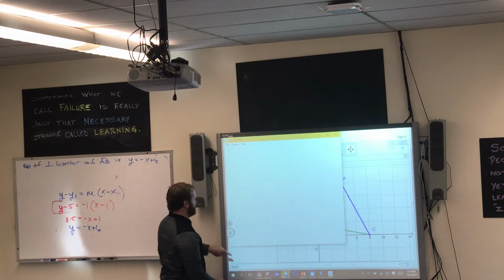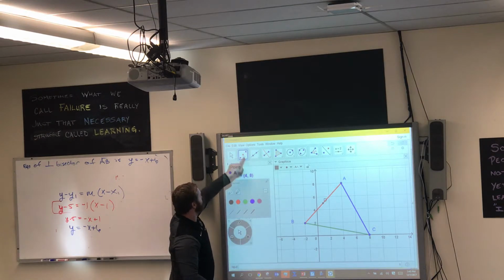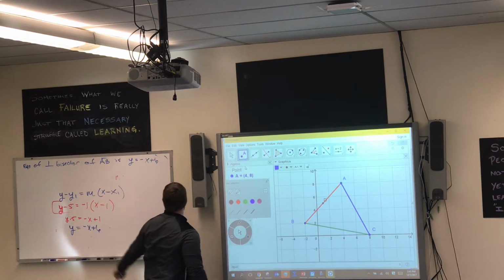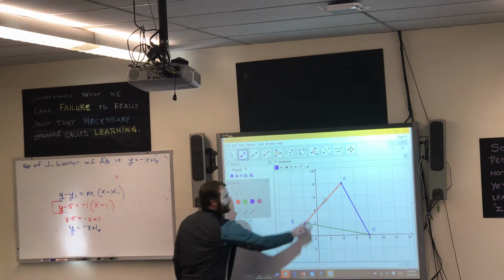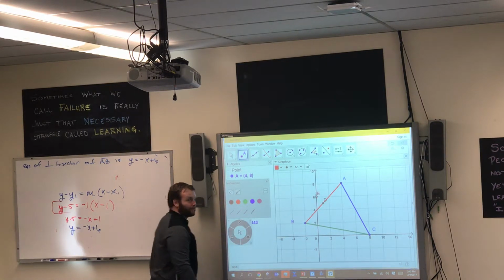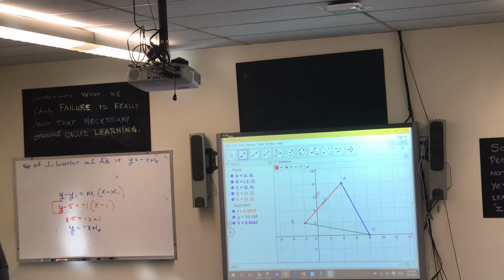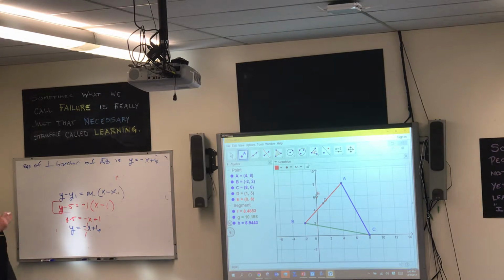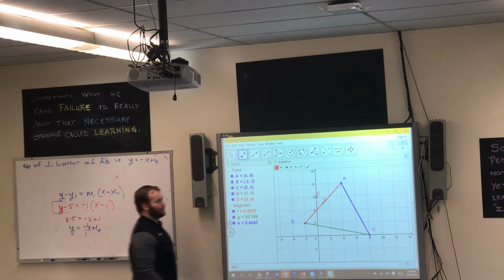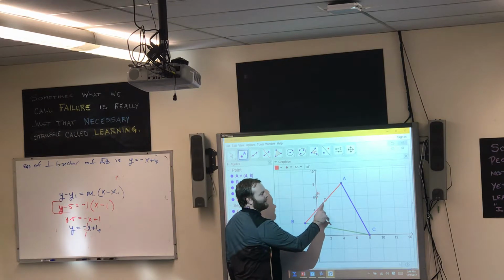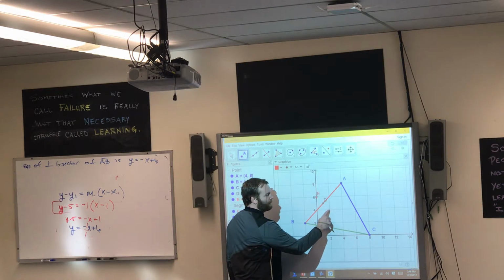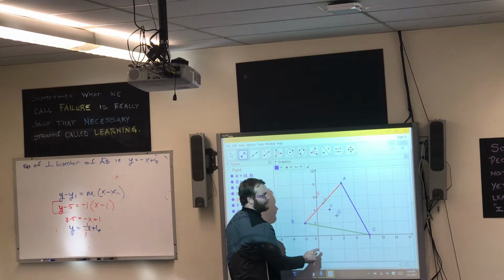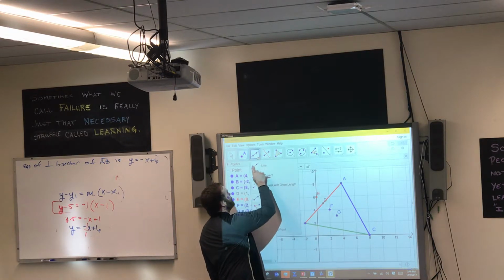If I want to check this, let's use maybe the algebra that you knew from last year. If I know that plus 6 is my y-intercept, I could put that there, right? And then the slope is a set of directions to get another point, right? So start at the last point you plotted and then use that slope. Well, remember, slope here is negative 1 over 1. Rise over run. So it means down 1 to the right 1. If I go down 1 to the right 1, it would put me there. Down 1 to the right 1, put me there. Down 1 to the right 1, put me there. Okay? And if I start connecting those,